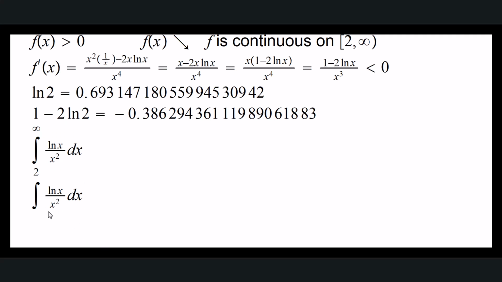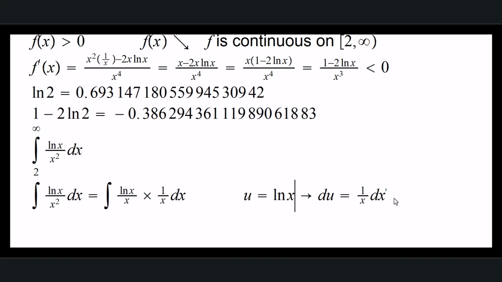evaluate this integral. And so when we inspect it around, we see this, that is, we got ln of x over x squared here. So let's just split that as a product of two x's, and then we have 1 over x dx, and 1 over x is the derivative of ln of x. So we are just going to try the substitution and see if it works. Okay, so what does du become then? du is 1 over x dx, and